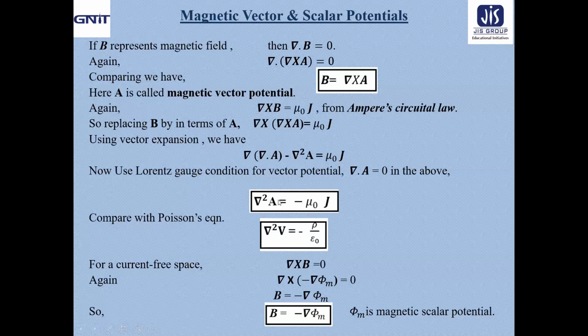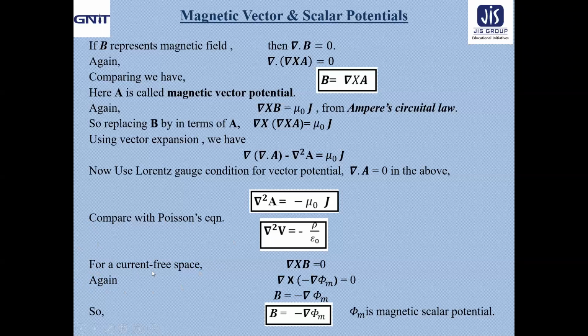So it is obviously magnetic potential, and it is magnetic vector potential because by operating with curl we can get the magnetic field. So this is the expression of magnetic vector potential and we are cross checking it. Yes, it is the magnetic vector potential.